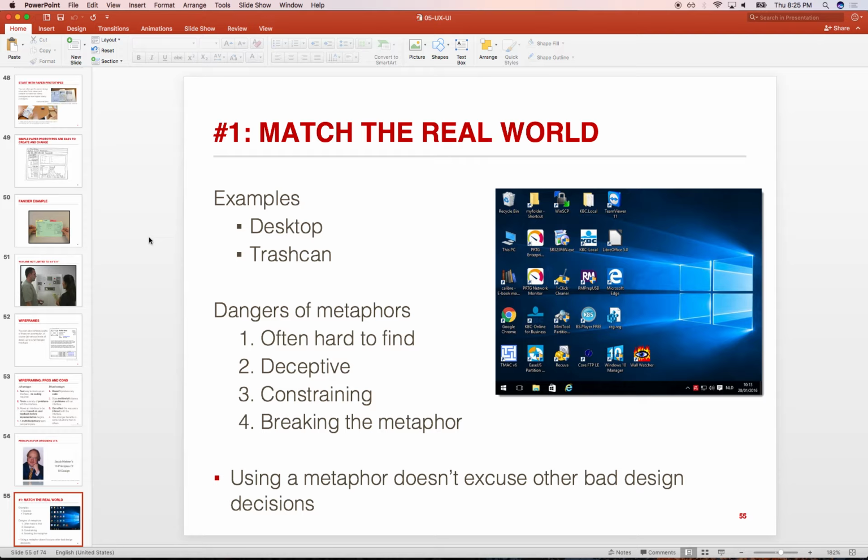Now the problem with analogies is that we could take an analogy too far, to where the analogy starts to break, where it no longer maps to real life, or where analogies change. Things that were in the culture at some point are no longer in the culture. We used to think of the icon of a floppy disk as meaning that you're saving something. I don't know that anybody here has ever seen a floppy disk, so the analogy no longer fits. Or that we use folders anymore, or any paper anymore.